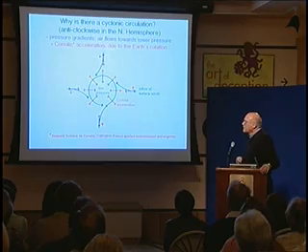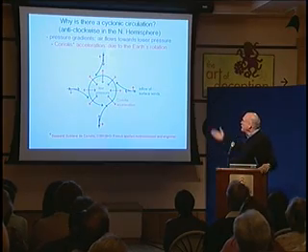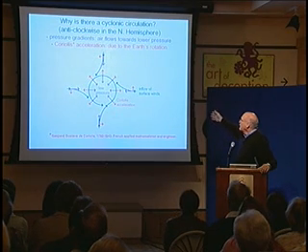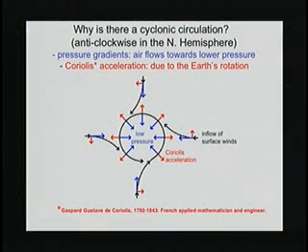Now, I think we all know that air likes to flow from regions of high pressure to low pressure, and hurricanes are notable for the very low pressures at their centers. And so in the first instance, if you can imagine air flowing from the boundary of this page in towards the low pressure at the center. However, in a rotating system like the Earth, we have something called Coriolis Acceleration.